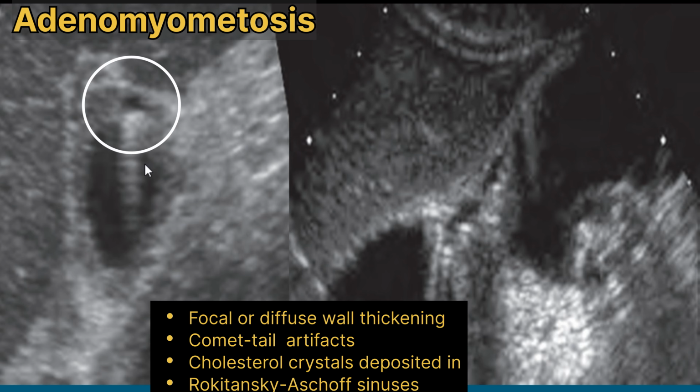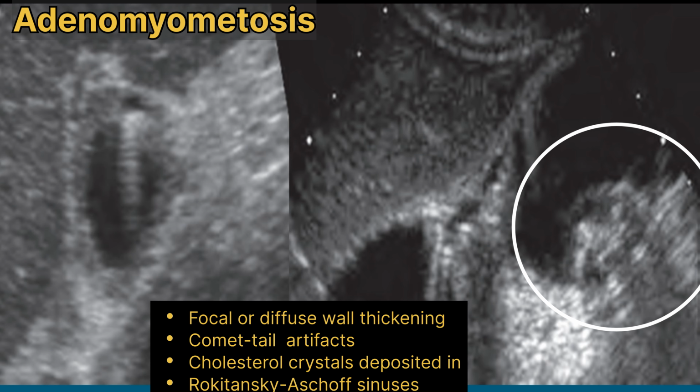This is a small cystic area in the gallbladder wall with associated comet tail artifact, and this is the clue that this is adenomyomatosis, the characteristic feature of adenomyomatosis. This is another sonogram of the gallbladder showing focal segmental wall thickening in the mid portion of the gallbladder with associated narrowing of the gallbladder contour. The comet tail artifact is also visualized. Stones are present in the fundal region of the gallbladder segment.